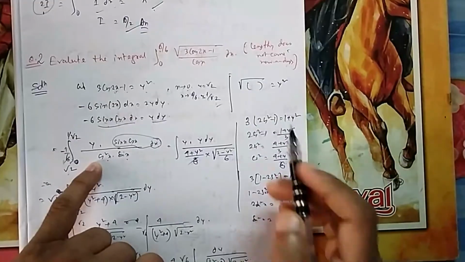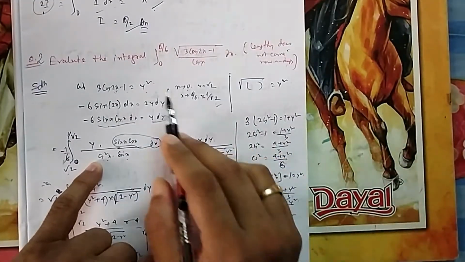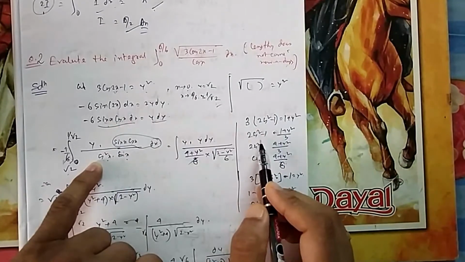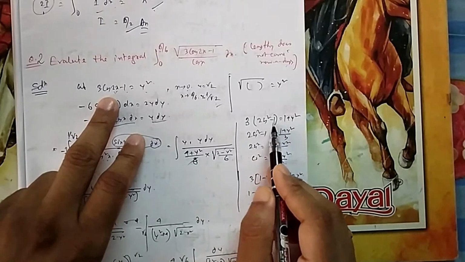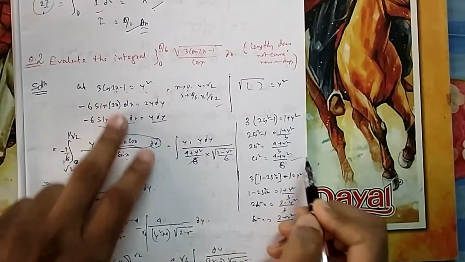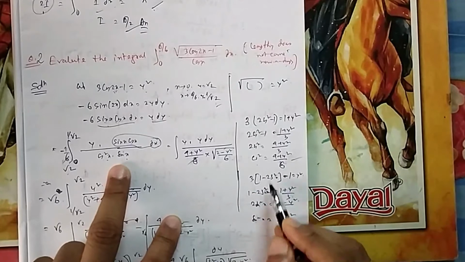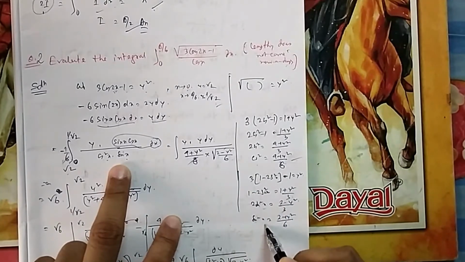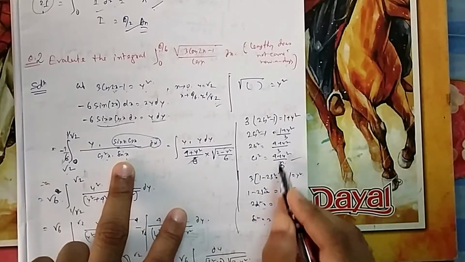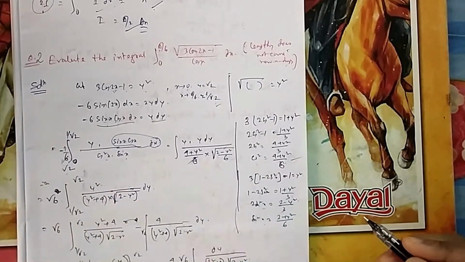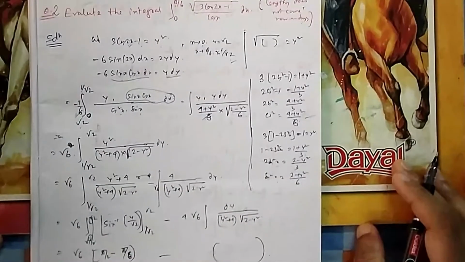So I have considered this as y square, so from here you can easily calculate cos, because cos 2θ is 2 cos square θ minus 1. So from here you calculate your cos square is this one. Once you know cos square, you can easily find sin square and then sin. So that's why I have written cos square and then sin. You can see this calculation from cos square, you can easily calculate. Now ultimately it will look like this.